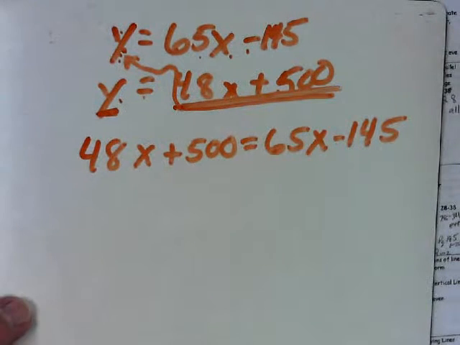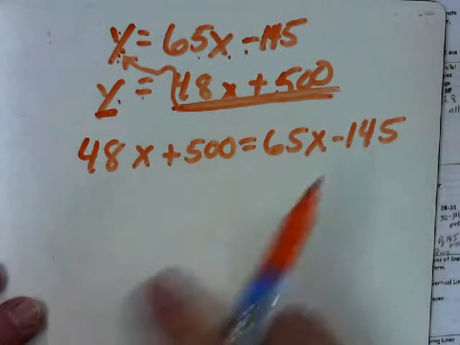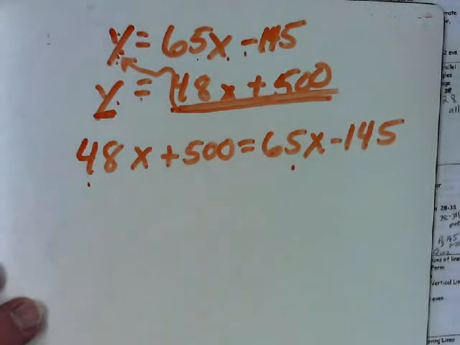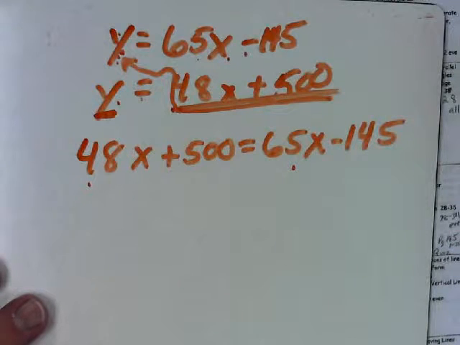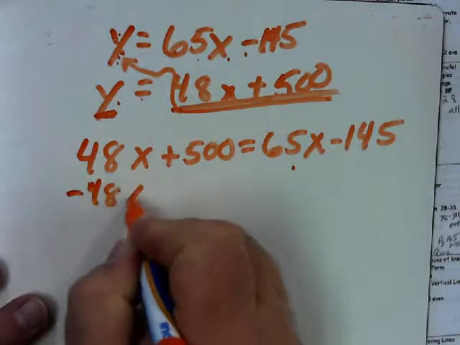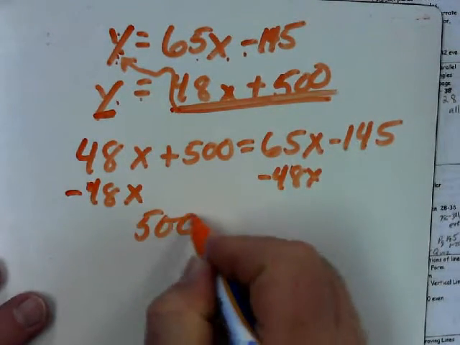Okay, what do I need to do to solve this equation? Okay, so what do I need to put together? So I need to put this and this together, so what do I need to do to both sides? Okay, so somebody said subtract 48x. That's going to give me 500 equals